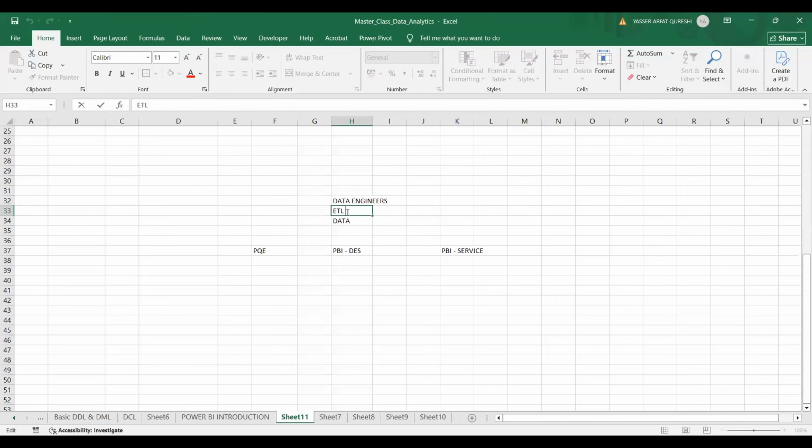ETL developers come into picture and they make the necessary changes. After making the necessary changes, they bring the data into our databases, which can be your SQL Server, on which we worked just now, which can be your Excel or any data sources. They, ETL developers, get it into databases. Data engineers or ETL developers, they work on this and they get the data into databases in a